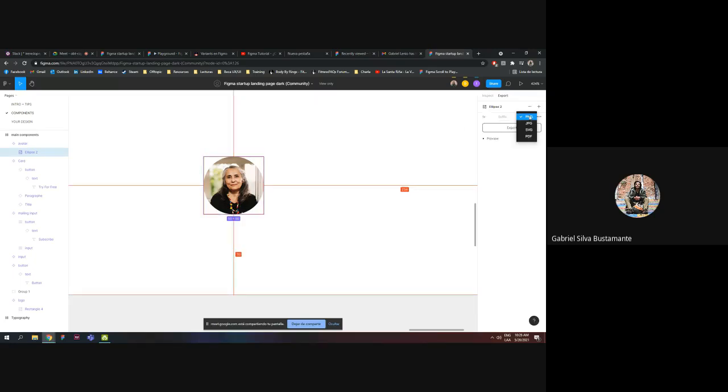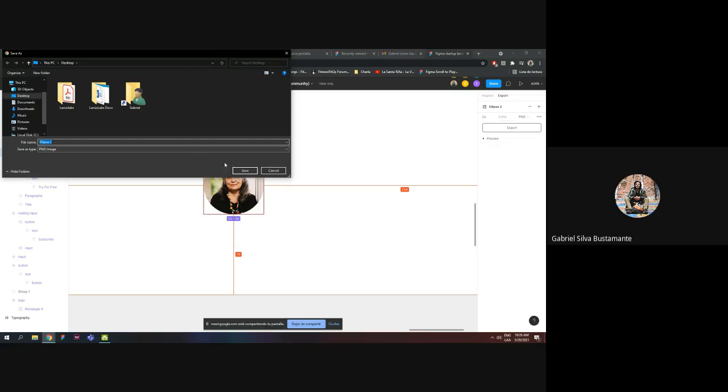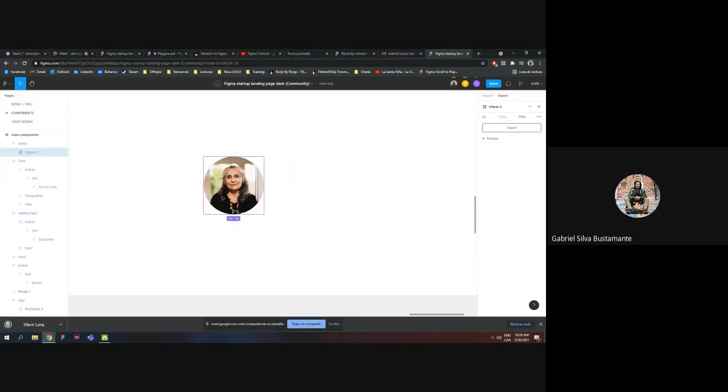And when I want to export, I choose PNG. For example, we are designing in a screen that has a certain resolution, but I need the photography to be exported in a bigger size so I can use it freely and not lose the resolution. On this side of the exportation, I can choose how much bigger I want this photo. So, for example, if I put 2x and export, it will give me a PNG, considering that this element is